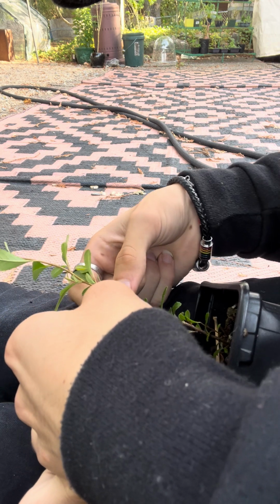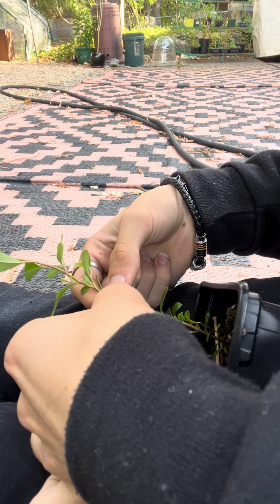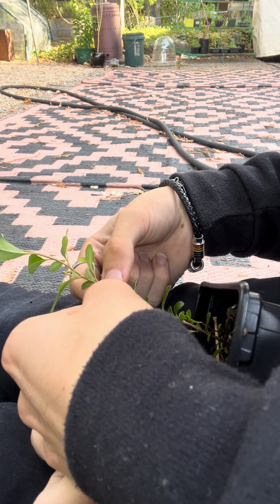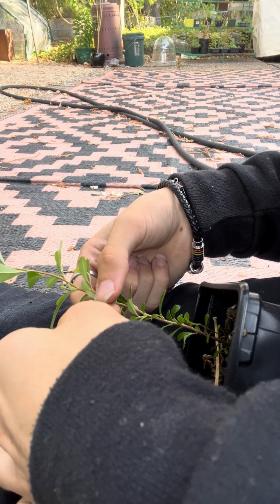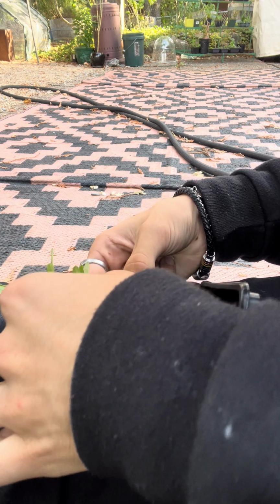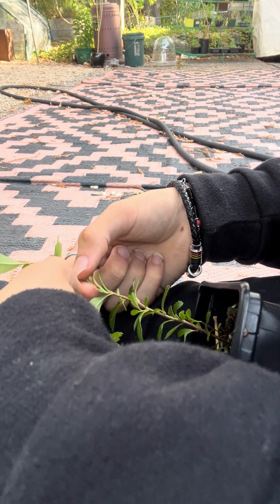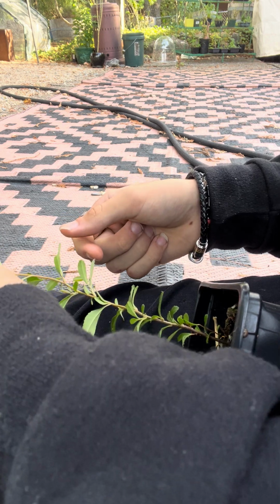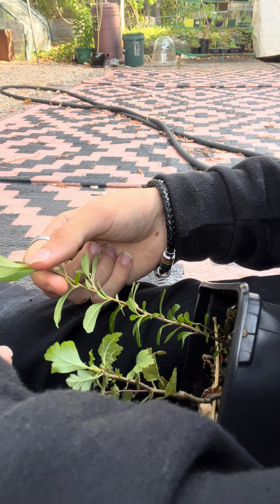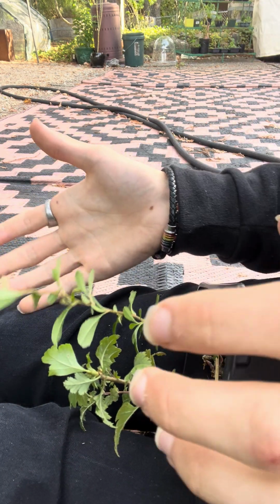So now I know. Scale insects love Firethorn, because this is the only plant I have that has scale on it. And I've learned from Nigel Saunders, my bonsai idol, that you can get rid of them really easily with soap and water. You just put like a small amount of dish soap in like water, shake it up, and then you spray it all over the tree, undersides, top, side of the whole tree, on all sides,